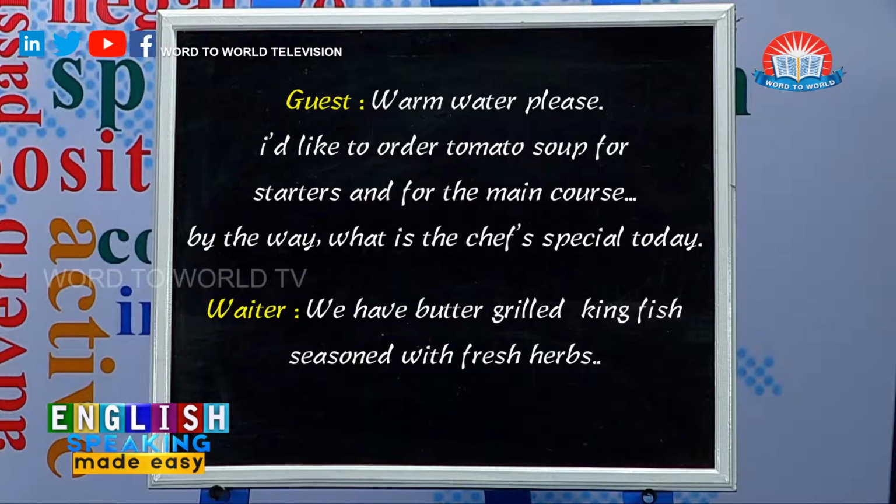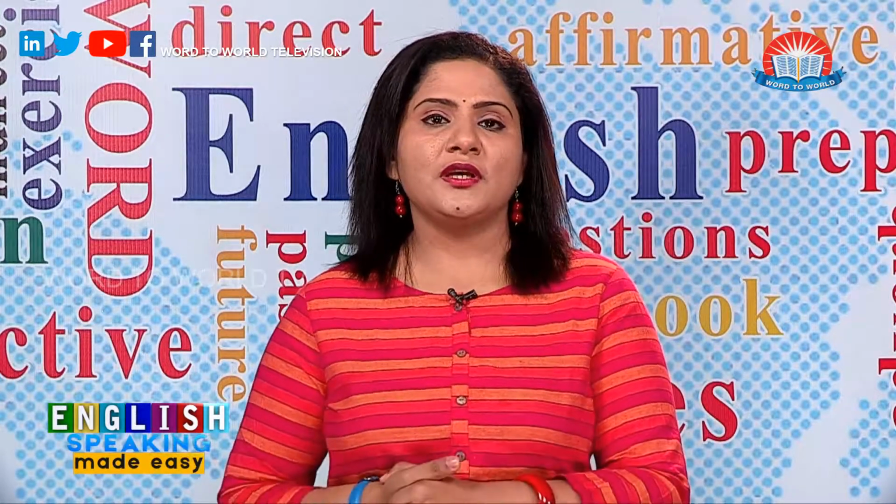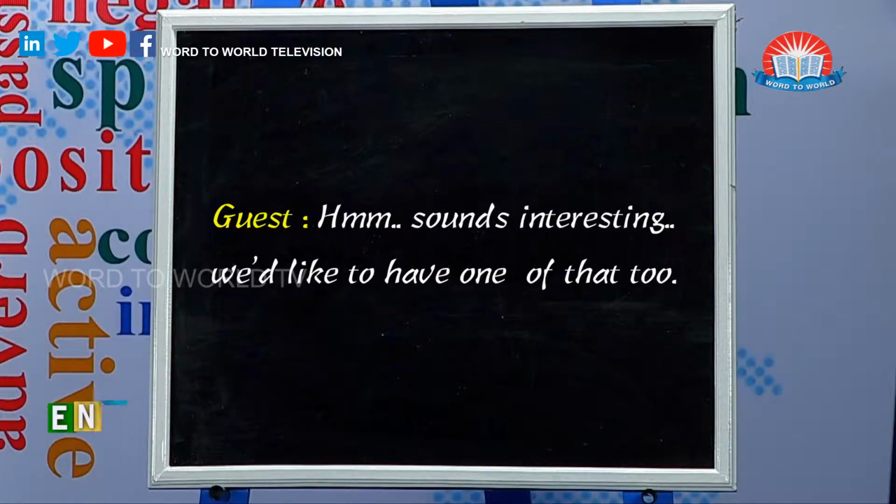And the waiter could tell you, we have butter grilled kingfish seasoned with fresh herbs. Even as you say it, it sounds so appetizing. So, the waiter would tell you, we have butter grilled kingfish seasoned with fresh herbs, and the guest would feel, sounds interesting. We'd like to have one of that too. Okay, so he orders that, and after the meal,